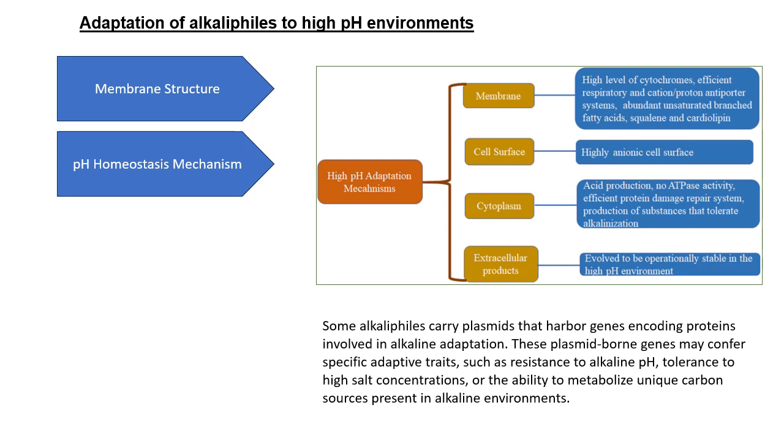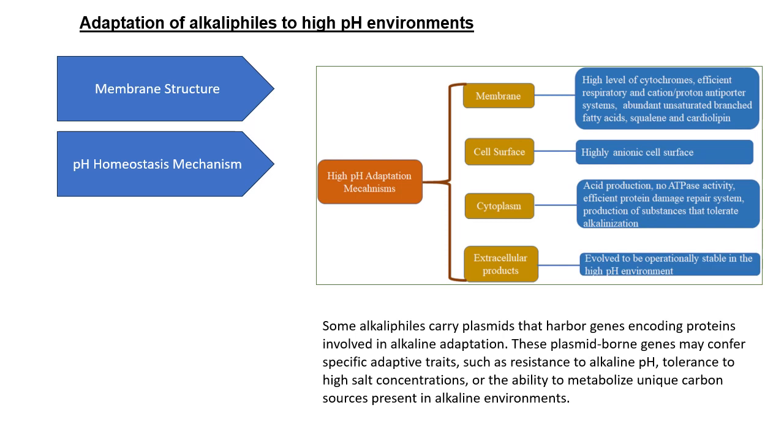What is this? So alkaliphiles, they have evolved various mechanisms to regulate their internal pH and counter the effects of external alkaline conditions. Now, the pH of the cell inside and the environment in which the cell is, it is always different, and bacteria have to adapt to the pH. So these mechanisms help, and they may include the production of proton pumping ATPase or sodium proton antiporters that